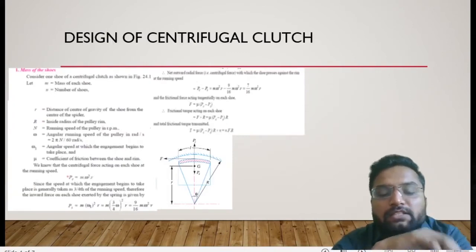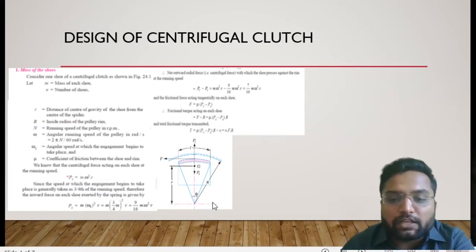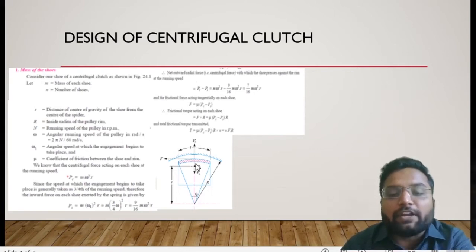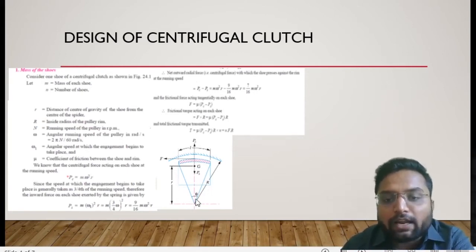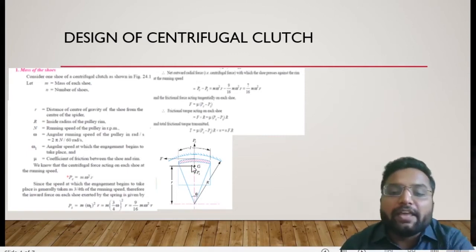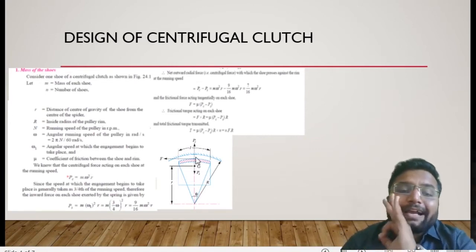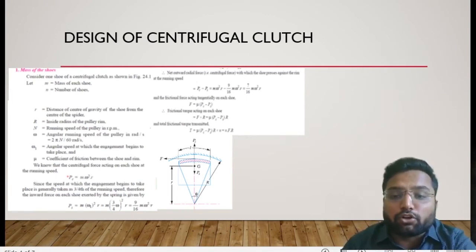Here you can see this. I have taken one of the shoes of our centrifugal clutch, where the internal drum radius is capital R. The distance of the center of gravity of this spring loaded mass from the center is small r, the angle made by this shoe is theta, and the length of this shoe is L. Clear? Here there will be two forces. One is the outward force, which is the centrifugal force. Another is the inward force, which is the spring force. And these two forces should create enough friction so that it remains in the same position while in working condition.